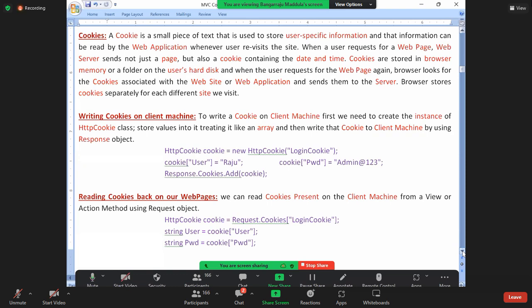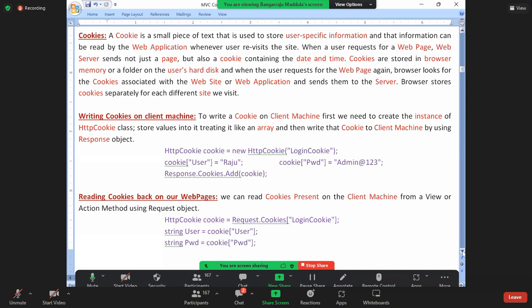Did you catch my point or not? Who will do that? The browser. When you type www.amazon.in, the browser will read all the cookies that are associated with Amazon and send them to the server. It won't send other cookies. If it sends, that is a danger. Tomorrow, I store some cookies of my Facebook or something; if everything goes to the server, they will start reading your data. It won't. Amazon cookies will be sent to Amazon, Facebook cookies will be sent to Facebook. Are you clearer? Okay. So this cookie will go to the server. When will it go?